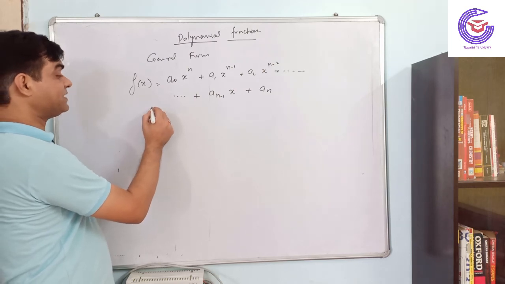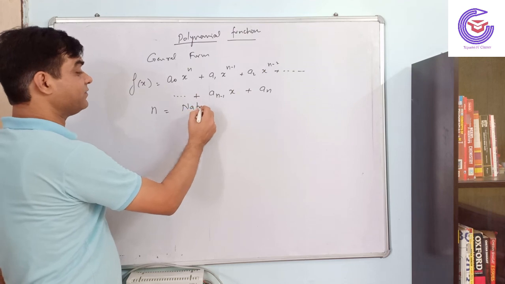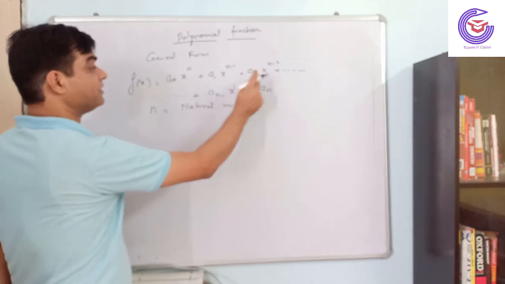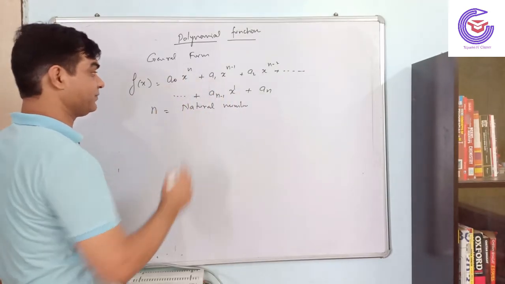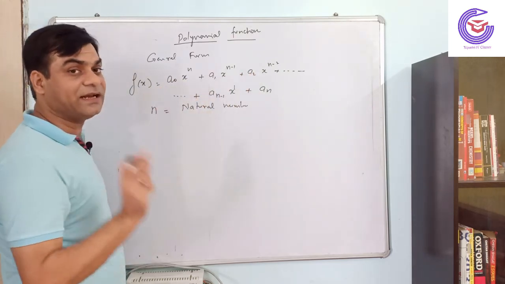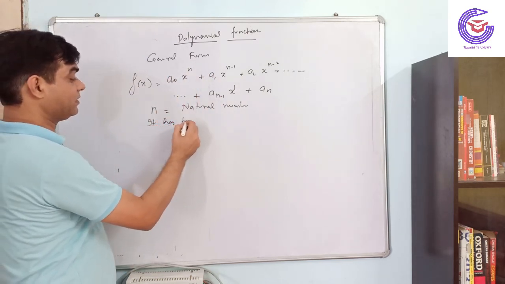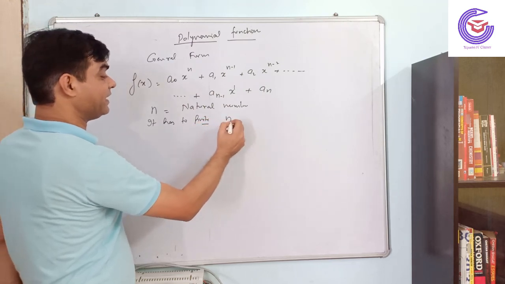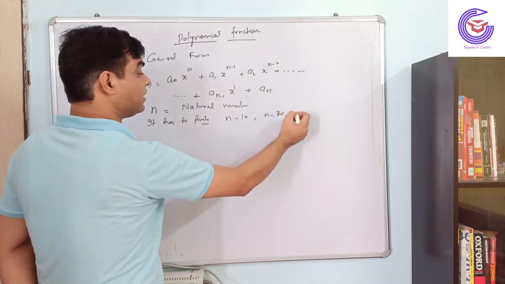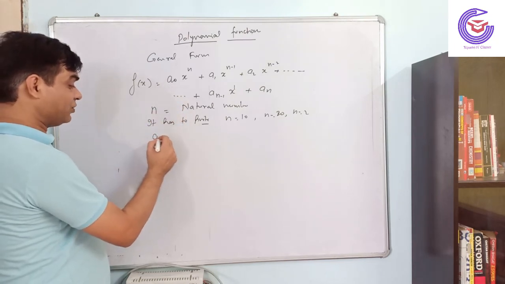So what is n here? n is basically a natural number, from the set of natural numbers. It can take values like 1, 2, 3 and up to n. So basically here we have a finite number. How many terms are there? n terms are there, so it has to be finite. Finite means n should be something like 10 or 20 or 2, whatever. Then talking about a0, a1,